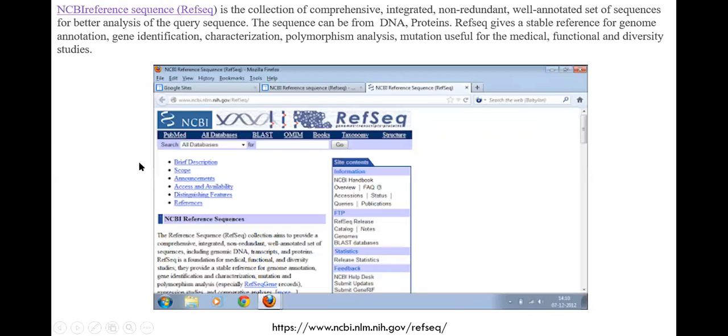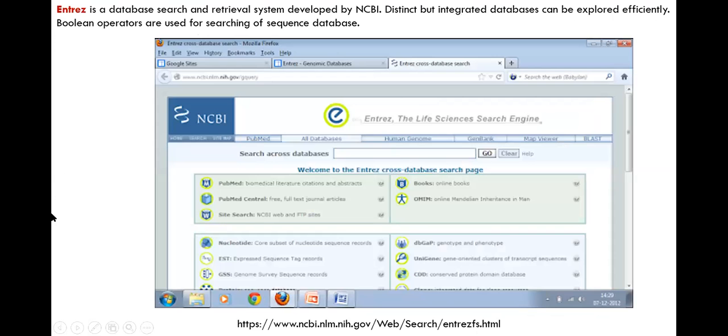So there is the reference sequence. This is one of the things we talked about: you have a novel sequence you sequenced, but you don't know what it is. You want to compare it to find out whether you found something new or something already established. So you search in the reference sequence. From species to species, there will be one well-annotated reference sequence. You compare, and you get data on polymorphism and gene identification.